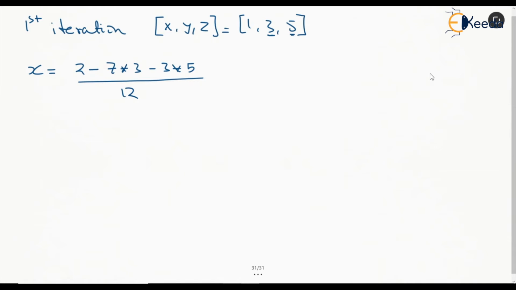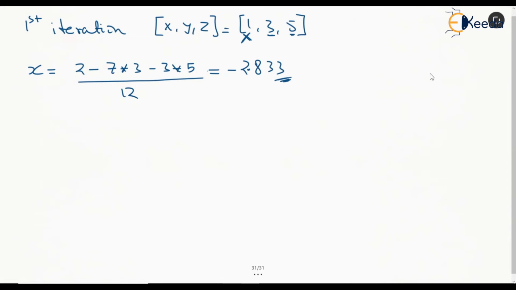We cannot simultaneously find x, y, z as in the Gauss-Jordan method. So in this case we'll have to find the new value of x, which is minus 2.833. Now this is the new estimate for x, or you can say this is the latest estimate for x. So wherever x is required, we are not going to use the value x equal to 1, rather we will use this as the latest estimate.